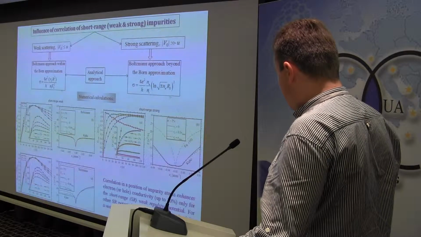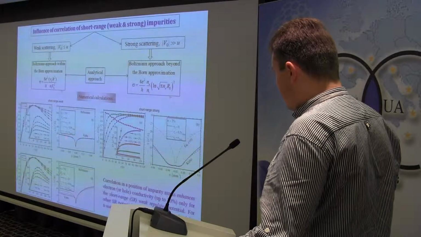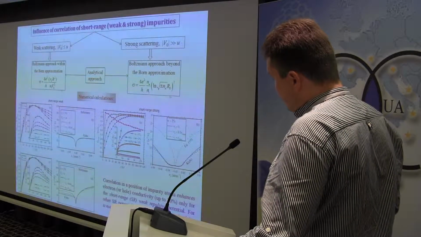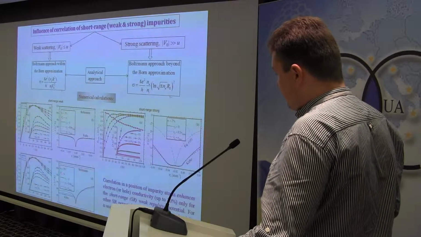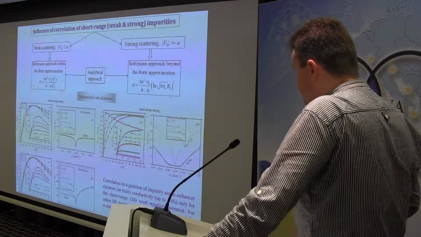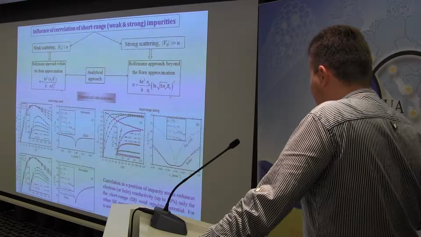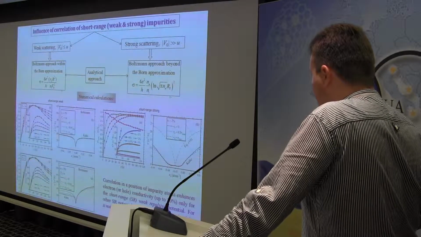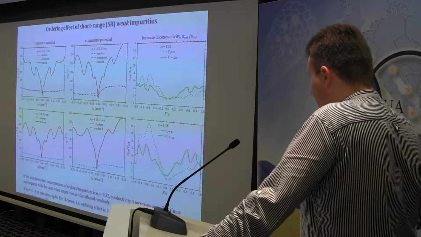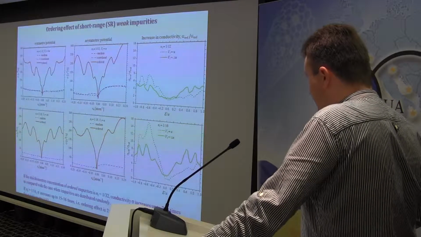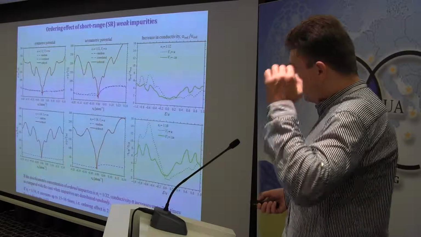These results show us that conductivity is not affected, is the same for random and correlated impurities if the potential is symmetric. But if the potential is asymmetric, we obtain a slight increase of up to 30% of conductivity for electrons or for holes. But for strong impurities, conductivity is practically the same for different configurations of impurities, ordered, correlated, or random. But the situation is different if we have superstructures, if short-range impurities form some structure and if they